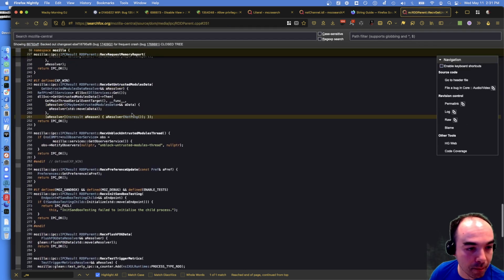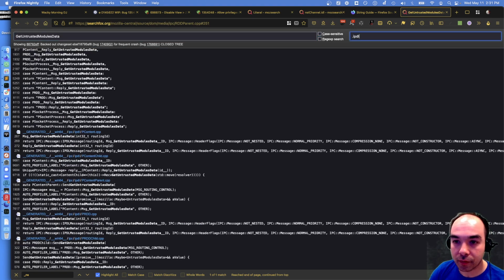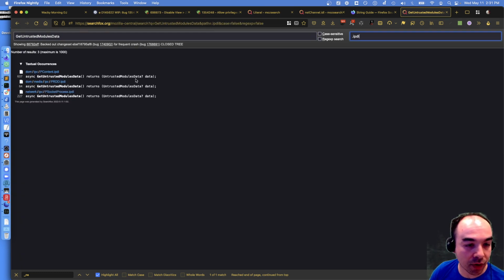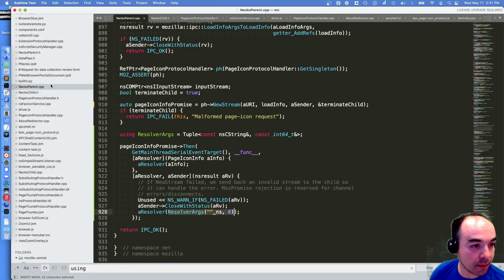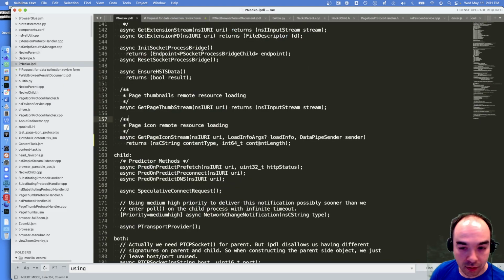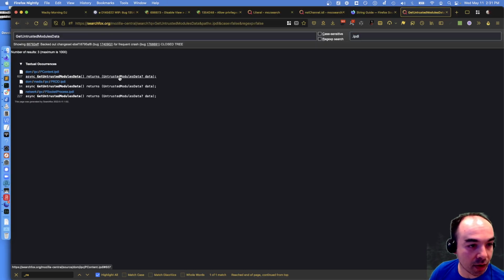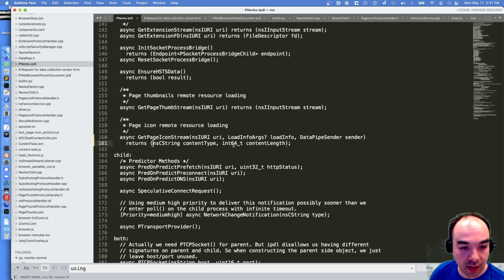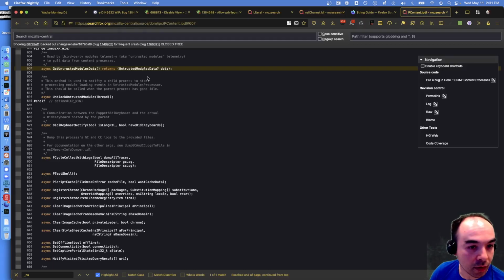Right, okay, we can resolve with a maybe. So like get untrusted modules data. What we're gonna do is we're gonna maybe return. So returns untrusted modules data, it's gonna be page info, page icon info.